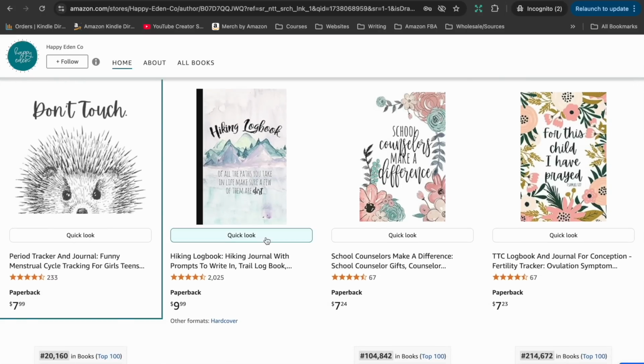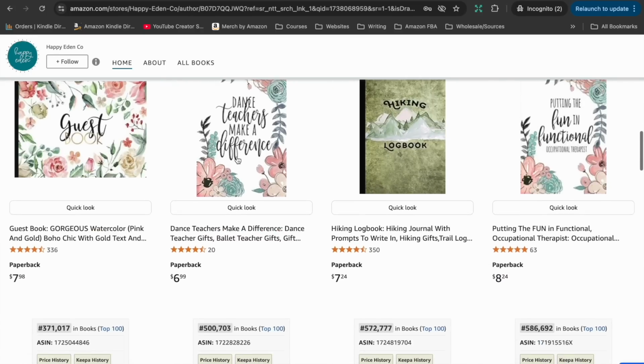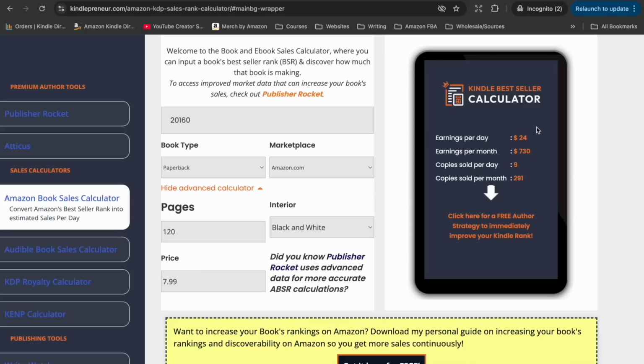And we have other books from this publisher. They have 423 books in total. They have some more logbooks and notebooks. This one in particular, though, is their bestseller, and it currently has a bestseller rank of 20,160, which means this book would be selling approximately 300 copies per month and bringing in around $730 per month